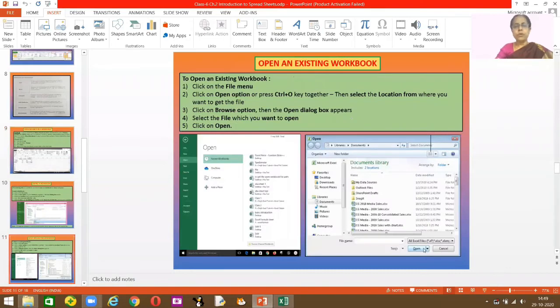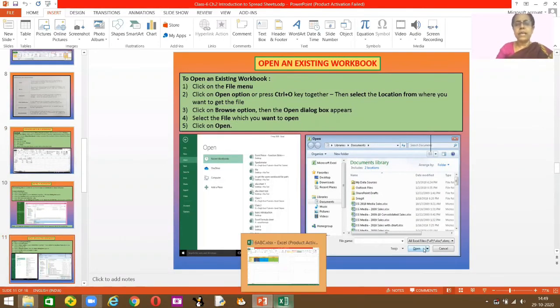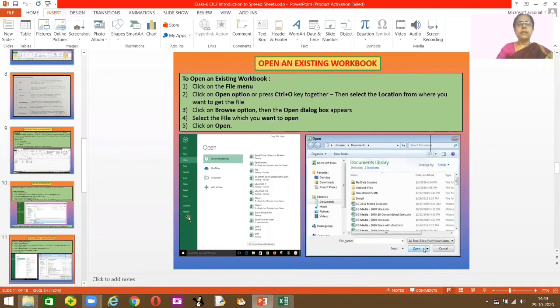The next thing, how to open an existing file, I told you just now. Click on Excel and then here the recent information is there. If it is not there, click on open and then you'll find all the Excel worksheets that have been created, and you select your Excel worksheet, or the other option is just browse and check where your Excel worksheet is. I think I'll show you how to browse and check.